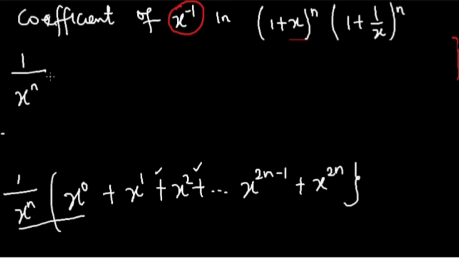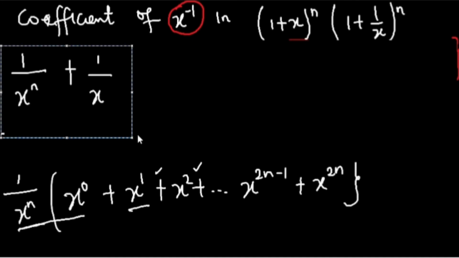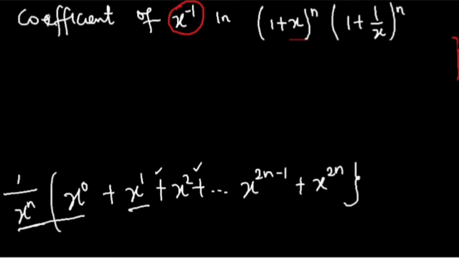Okay? Plus, if I do this one now, this times this one, I'm going to be having what? 1 over x. So what we need to do here is to expand. So when I want to expand, I can still